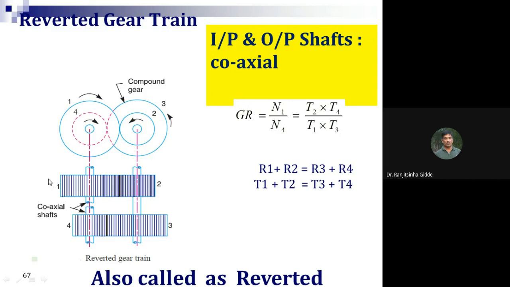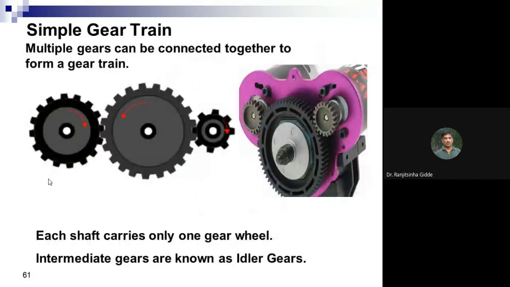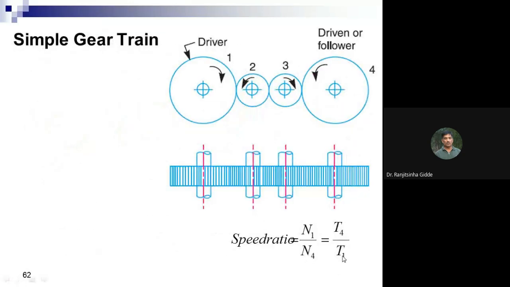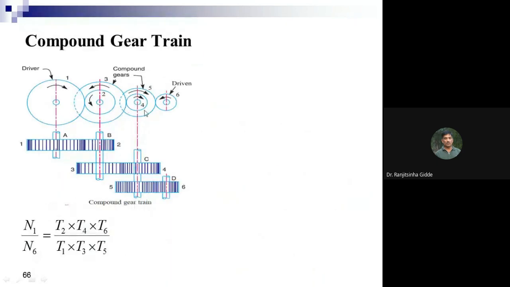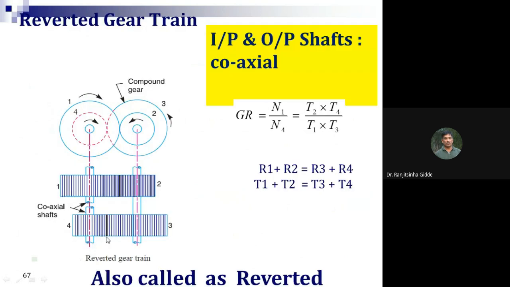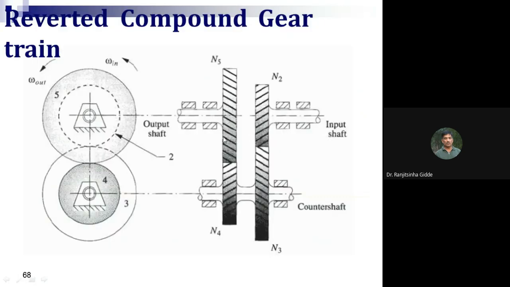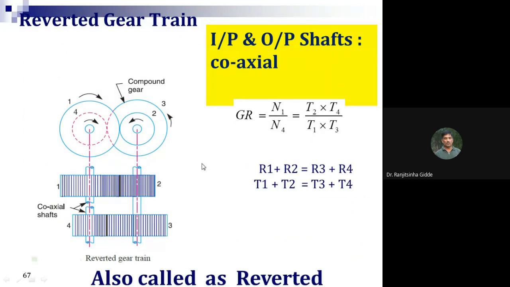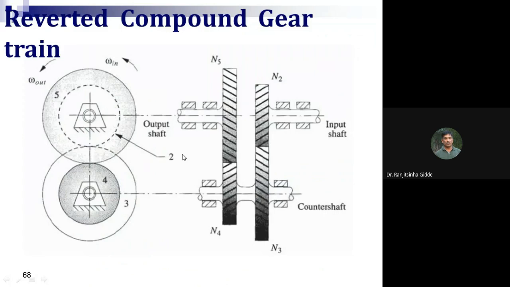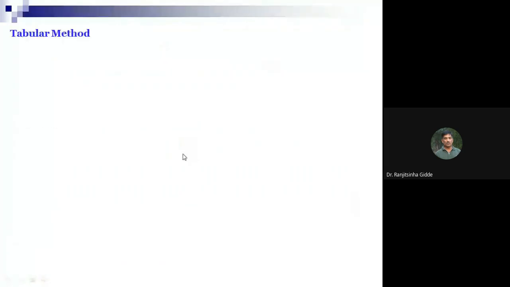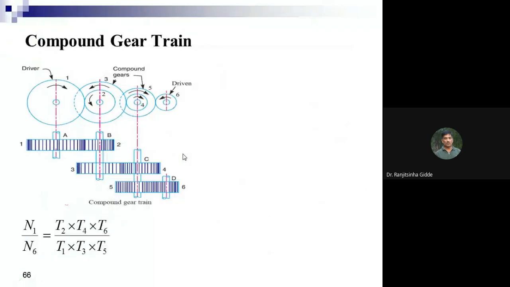Explain different types of gear train. So what you are going to explain? Just draw this line diagram and this equation. Then draw this diagram and this equation. Then this diagram and this equation. And the last one is the epicyclic gear train. Just for sketching and the simple equation, you will get the 4 marks. This content is not asked for 10 or 12 marks. The second, the examples, are important. That tabular method is important.